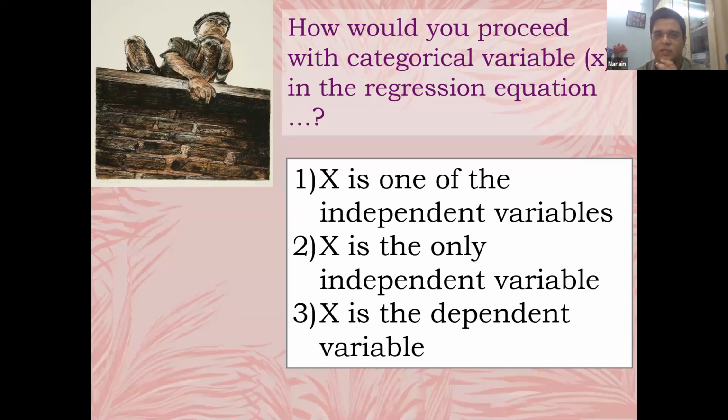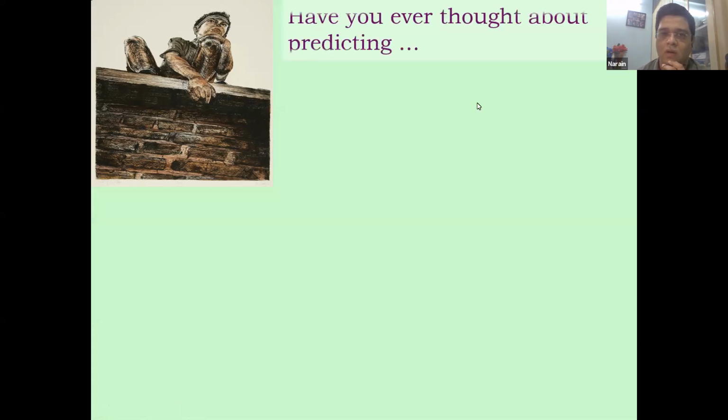There are three possibilities I have put up here. Suppose X is a categorical variable, a dummy variable. It's like gender, male or female. It's like success or failure, any Bernoulli function. Whether you have passed or failed, whether you tested for corona and it is positive or negative, things like that. If you have this kind of variable, and that variable happens to be categorical in nature,